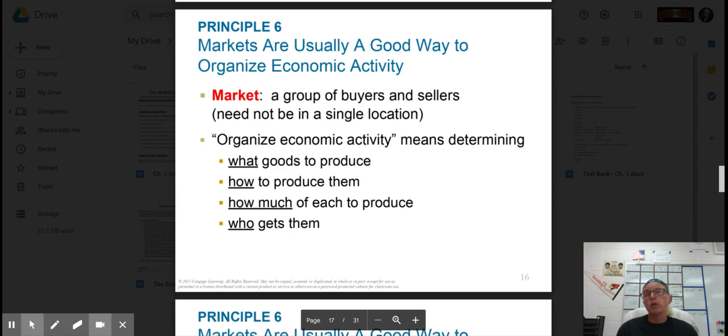So just understand that there's a market for every single product and service out there. There's a market for oil changes. There's a market for cell phones. There's a market for soda. A market to create clothes, a market to create American flags. And there are buyers and sellers in every one of those types of markets.